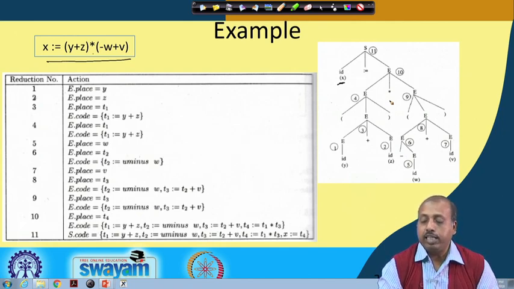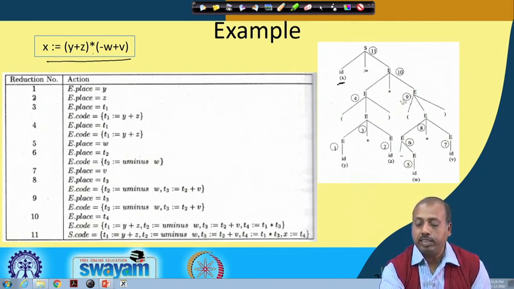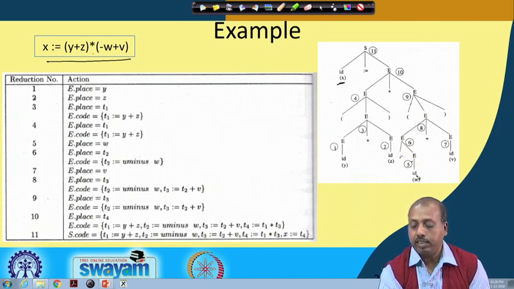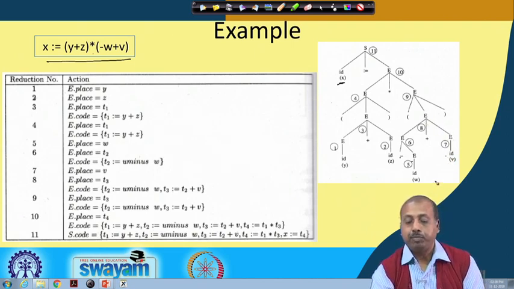So this produces E star E, then this E produces within bracket E, then this E produces E plus E, then this E produces ID, this E produces ID. Then this E is broken down into within bracket E, then into E plus E, and the first E gives rise to unary minus E, and then this E gives me ID which is w, and this E gives me ID which is v.